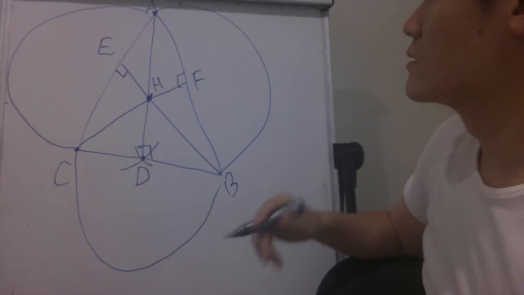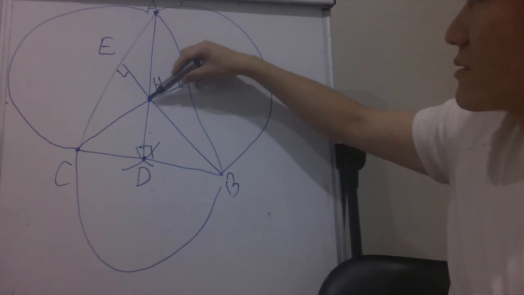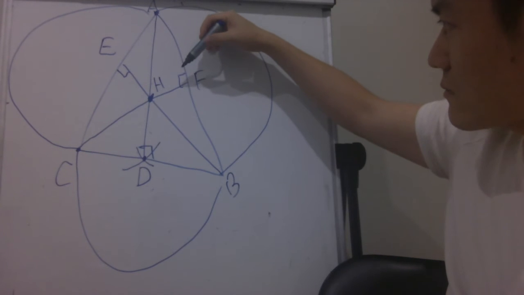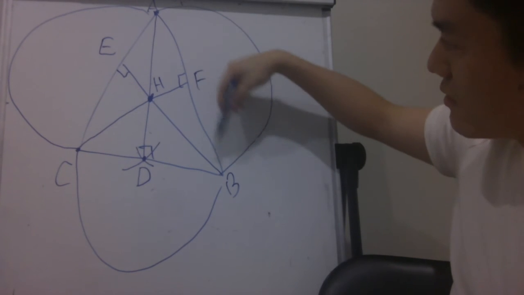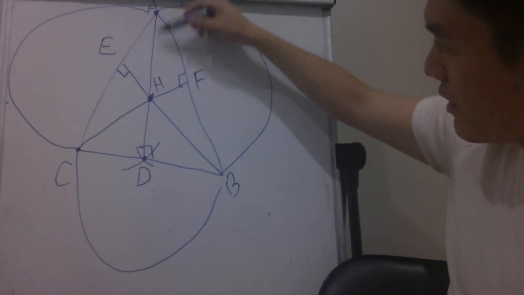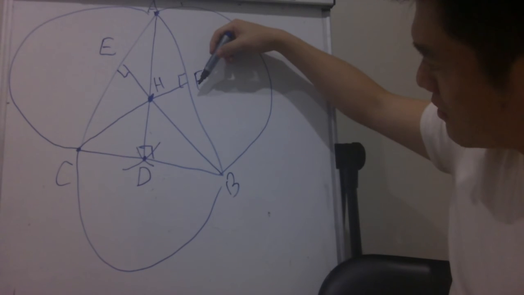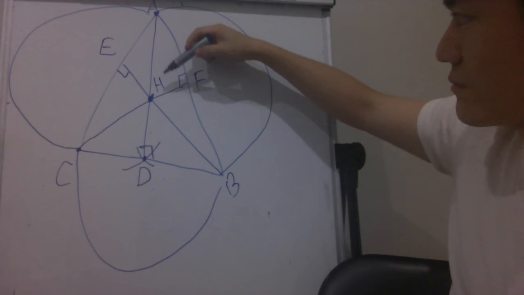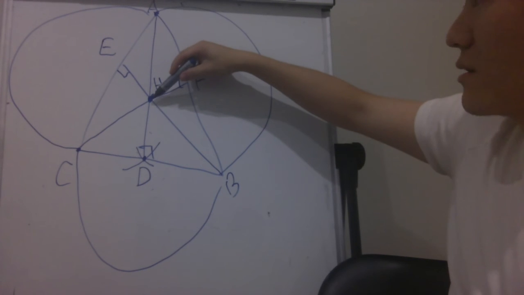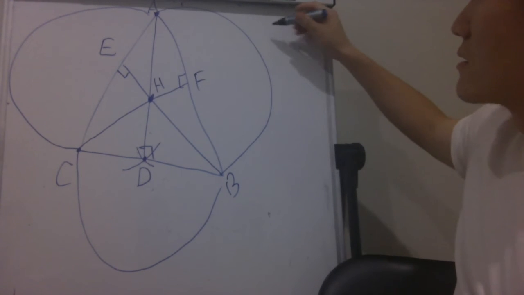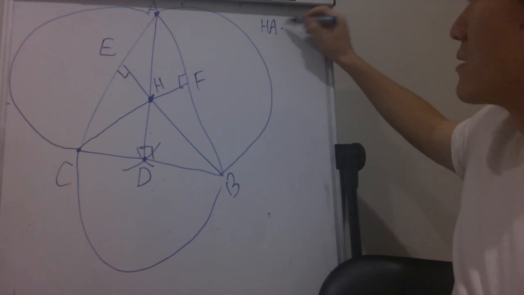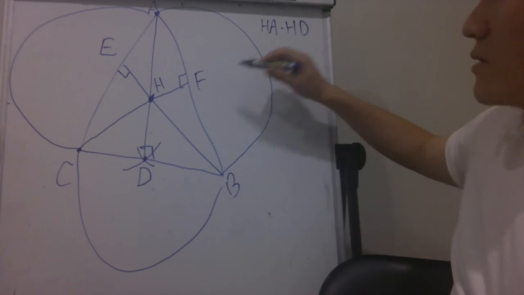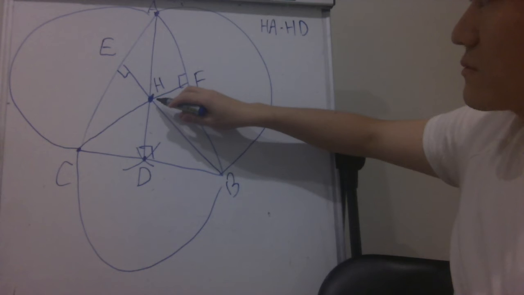Yeah. So for example, H is on this circle that goes through A, B, D, F, right? Oh, no, it's not on the circle. It's inside, right? But the power of H is, what is it? HA times HD, right? And so these are all meant to be equal now. So H, what, HA times HG?